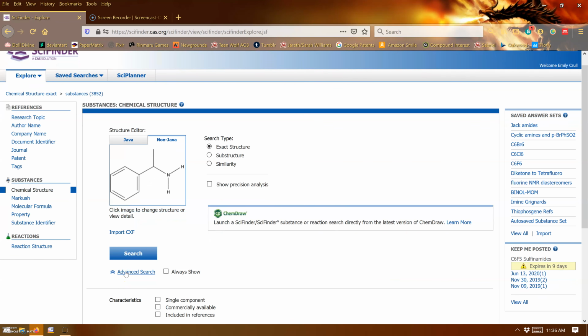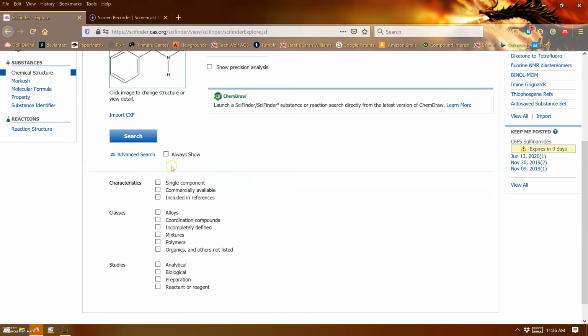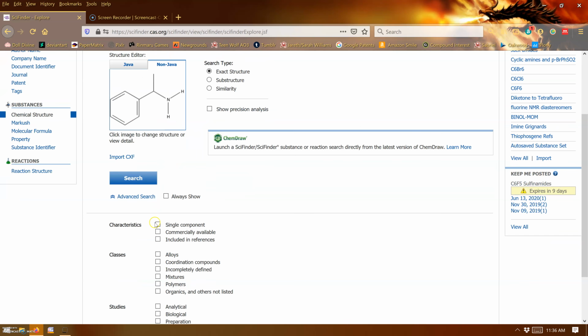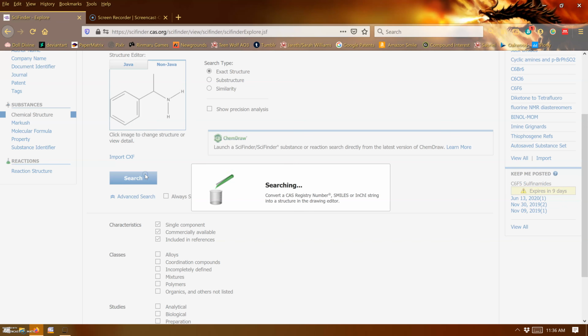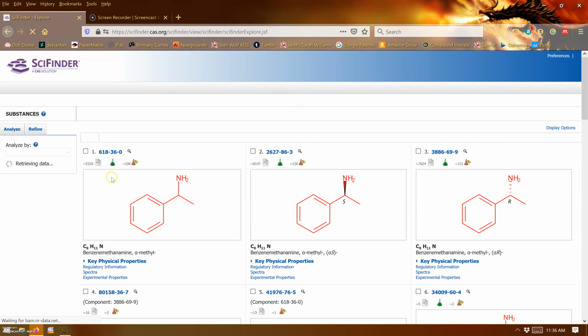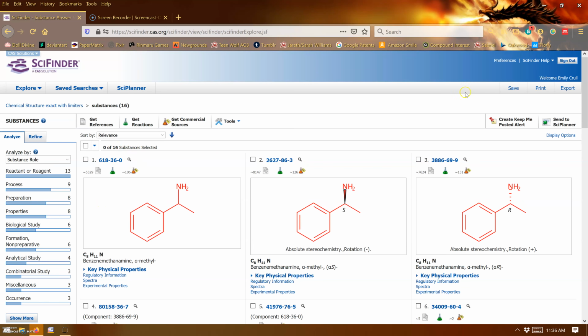If you now click advanced search, you will get a whole bunch of other options. So we want a single component. We don't want this to have any ions or other components to the mixture. It's going to be included in references, and it should be commercially available. So by checking all of these, we demand that all 3 conditions be met. Now we hit search. This little test tube filling beaker pops up, and we get 16 different